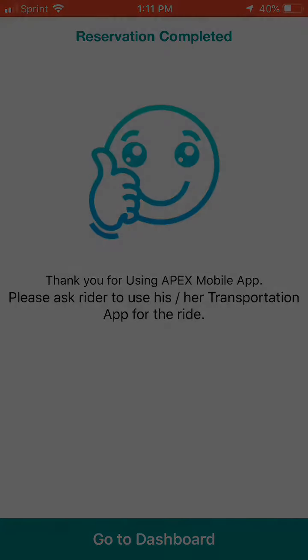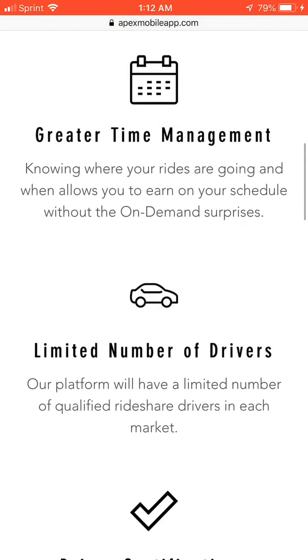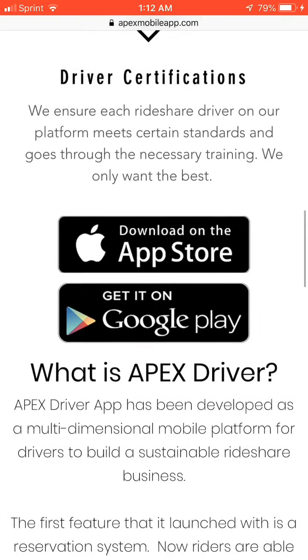begin their transportation. As a reminder, Apex Mobile App LLC is not a transportation network company, or TNC, and therefore